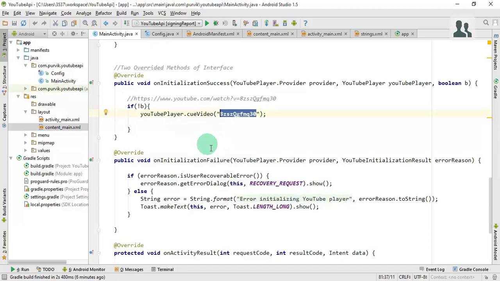And make sure that you perform the practical of this application on a mobile phone. If you try to execute it in the emulator, it will give you a pop-up dialog that you have to install the YouTube application first, then you can play this YouTube video, because it has several functionalities and classes integrated with the YouTube application provided by YouTube.